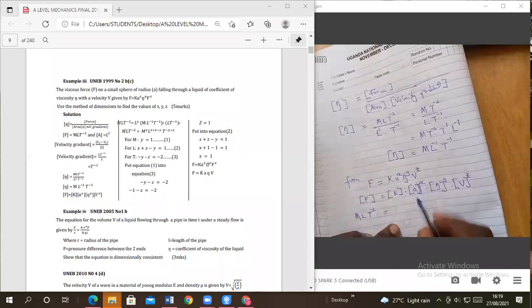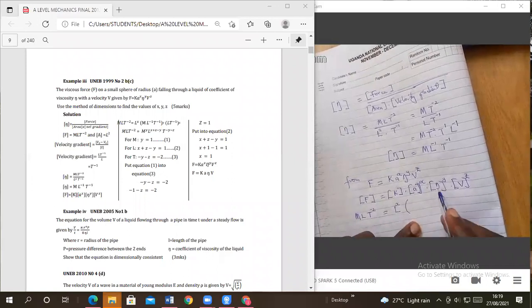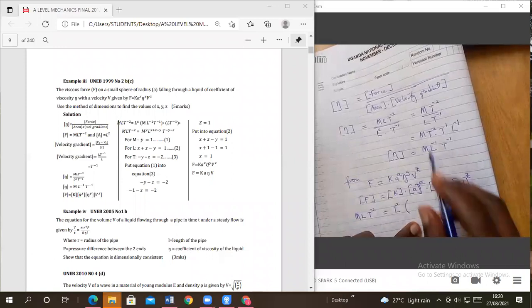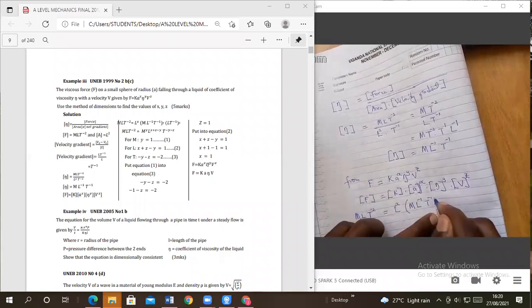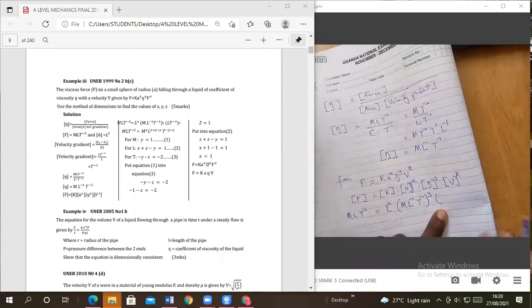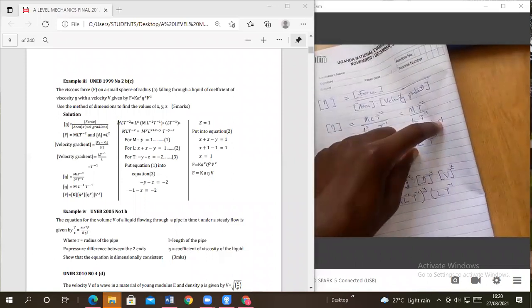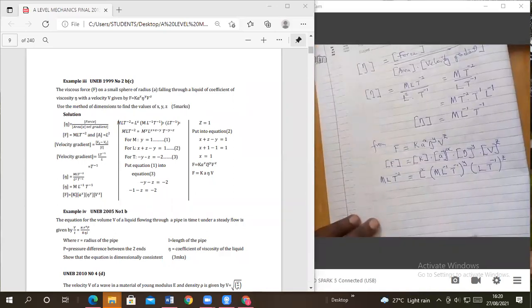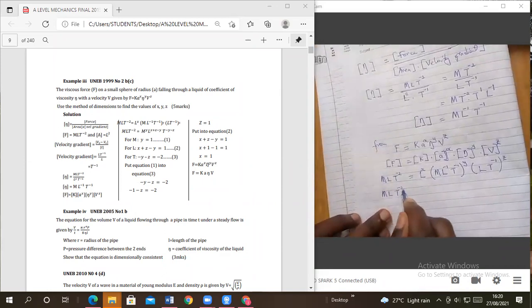So we remain with area, this is radius, which is L, so L to the power X. Then the dimension of viscosity we got M L to the power -1 T to the power -1, but to the power Y. Then for velocity, what's the dimension of velocity? It is L T to the power -1, but to the power Z. Okay? So using the distributive property, now we shall have M L T to the power -2